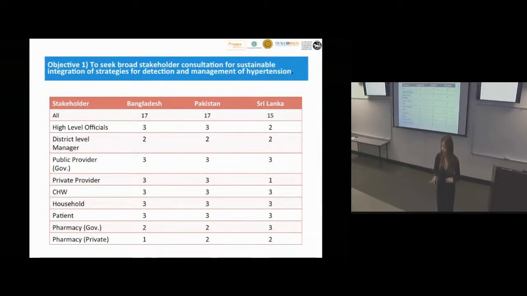But everyone was, we want to be trained. The community workers said, I think this is going to empower us and elevate our status in the community. The household, the patients thought this was the best thing. Because they were saying, we don't get this care, it would be very helpful if the community workers can come and measure our blood pressure at home. Oh, absolutely, the doctors need to be trained, because they didn't have any faith in what they were doing.